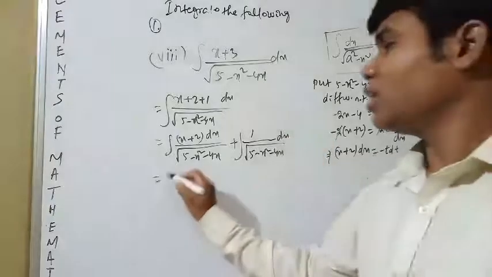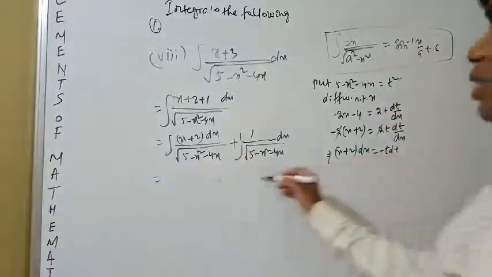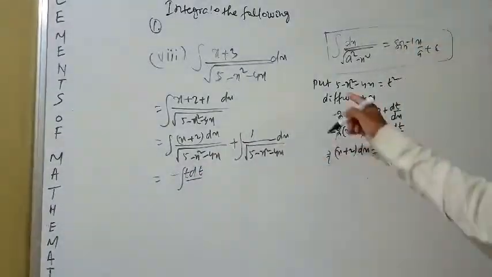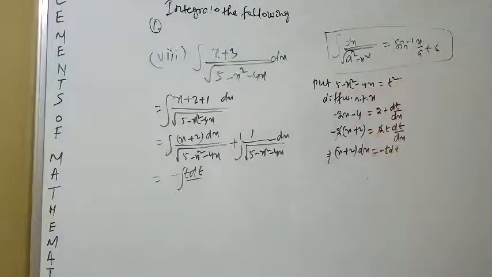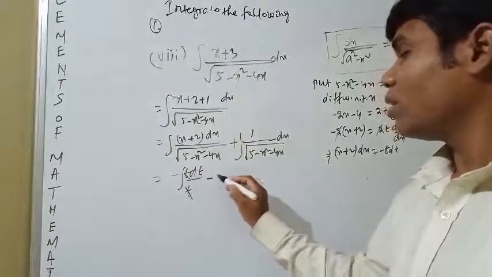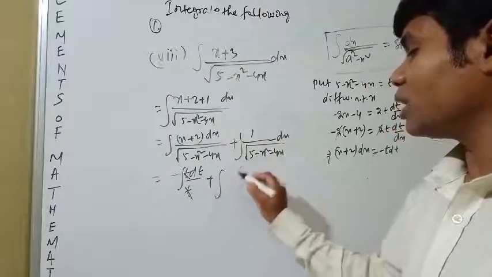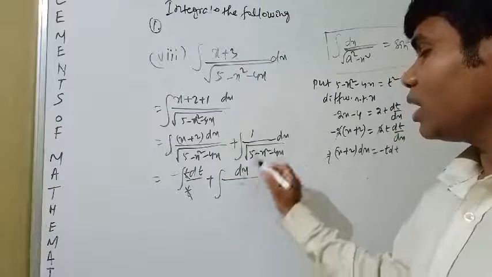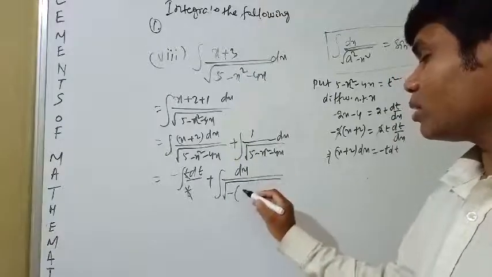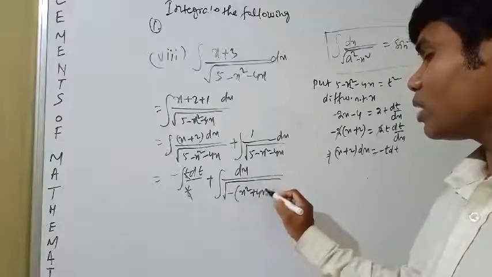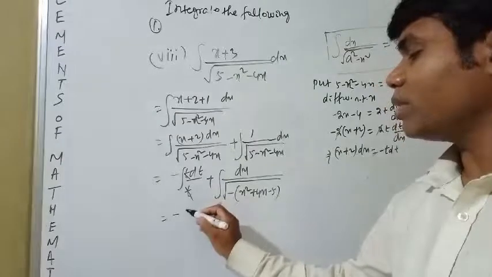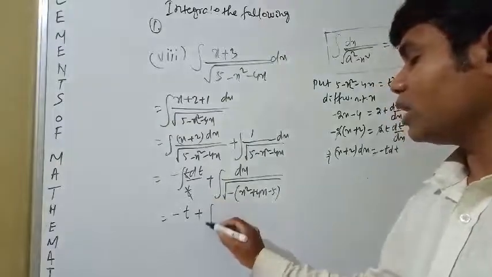This is your c. x plus 2 dx is equal to minus t dt, and 5 minus x square minus 4x is equal to t square, root, so t will cancel out. Plus integration of dx, taking minus common, minus x square plus 4x minus 5. Is equal to integration of dt, which is minus t, plus integration of